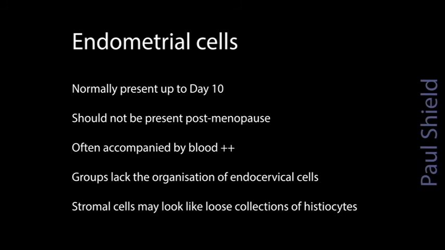They should only be present up to day 10 of the menstrual cycle, shouldn't be seen at all in postmenopausal patients, and they're frequently accompanied by blood because they're a menstrual finding. The cell groups are easily told apart from endocervical cells usually because they're much less organised, with no honeycomb or palisading. Occasionally you get groups of stromal cells that can look very similar to histiocytic cells, and we'll talk about